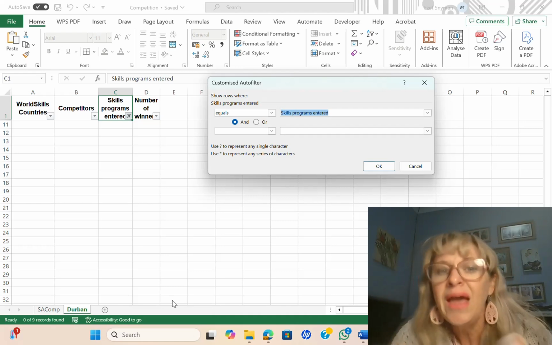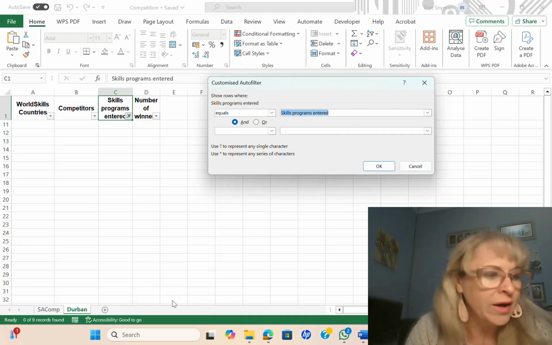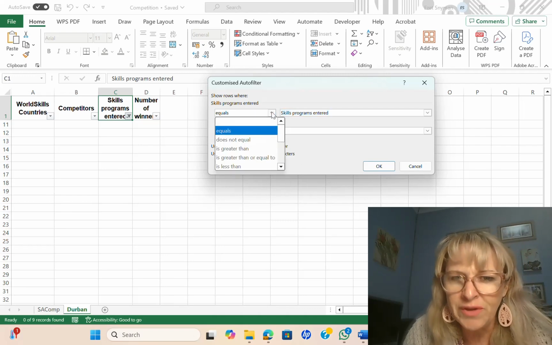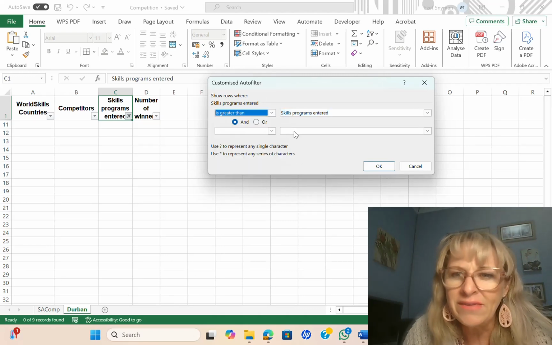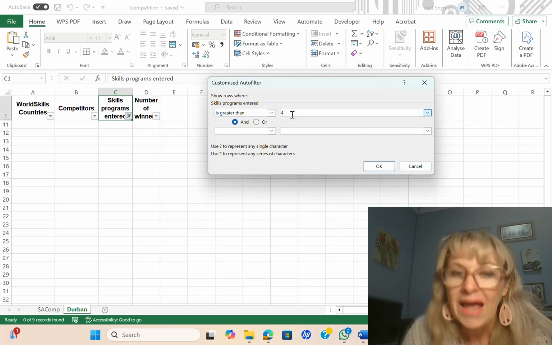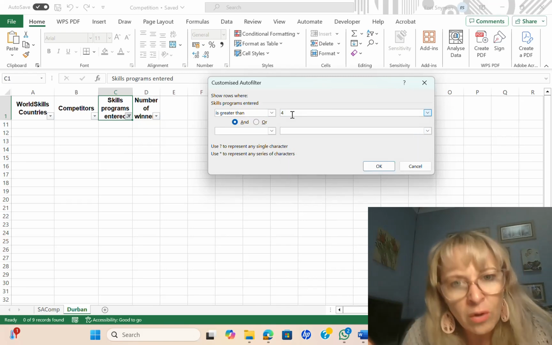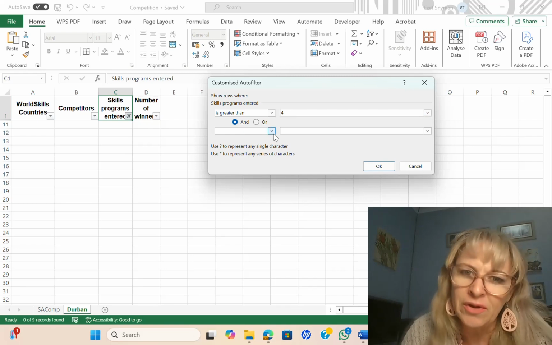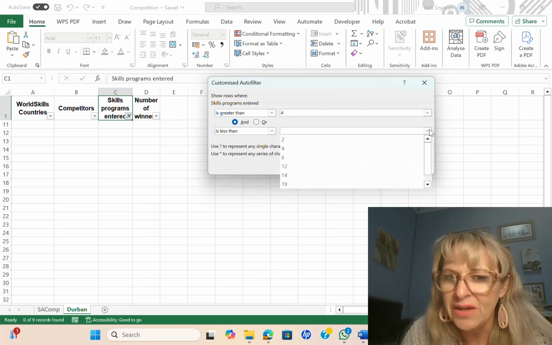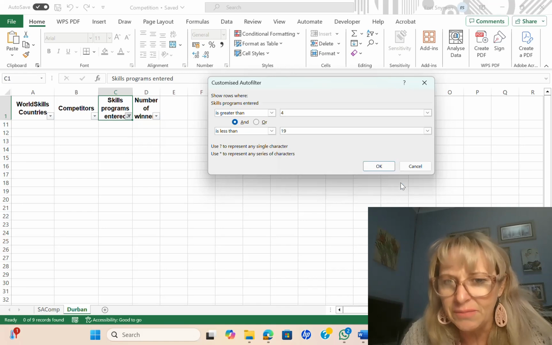So the first one, you're going to click on the drop down and then say greater than, second column, you're going to select 4. And because it's not or, it's and, you keep it on and. Then they want it less than, and second column, 19.